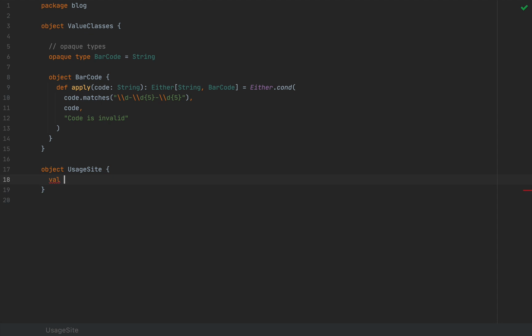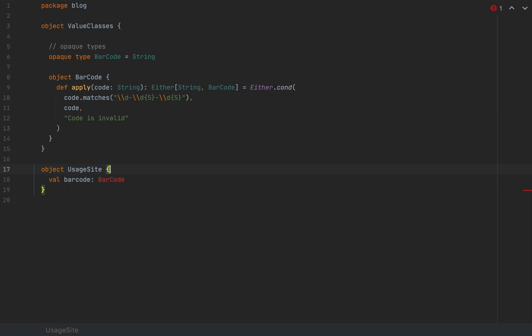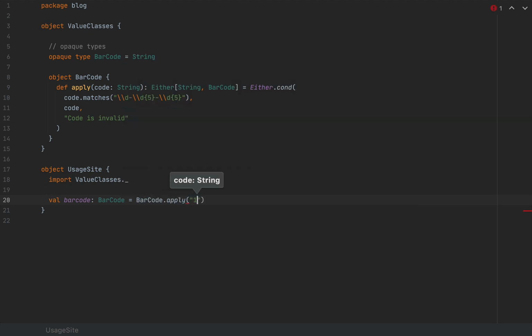And if I want to create a value as a BarCode, first of all, you need to import the type. So I'm going to import value classes._, for example. And if on the right hand side I use a string like 1-12345, this is not compilable code, because on the right hand side we have a string, and on the left hand side we have a barcode, and the compiler treats these two as completely separate types. And so you have no choice but to use the smart constructor here, like BarCode.apply, and then you can pass in your code